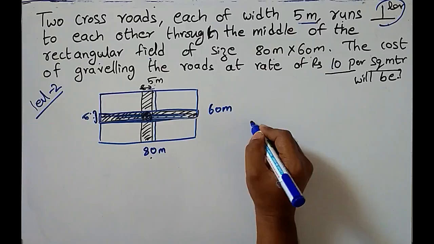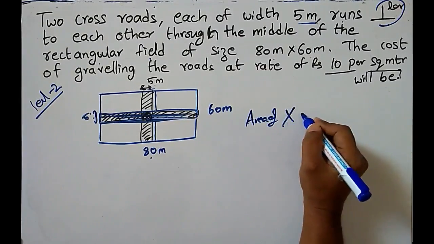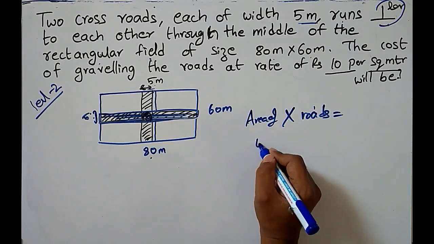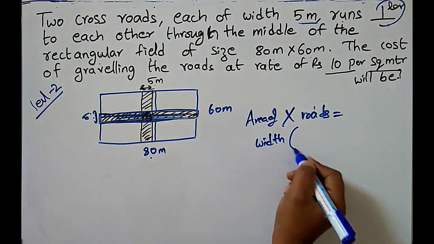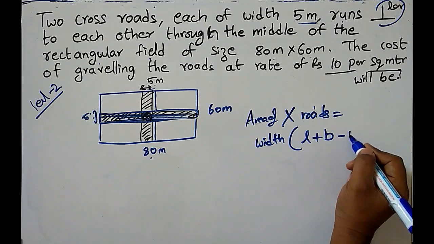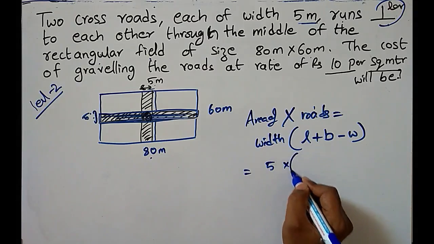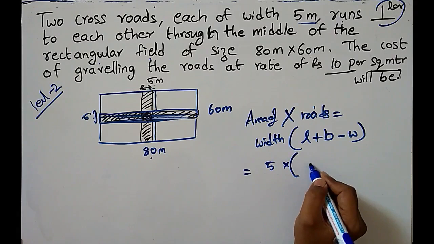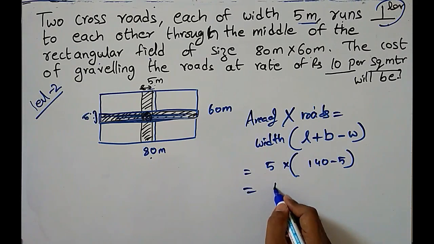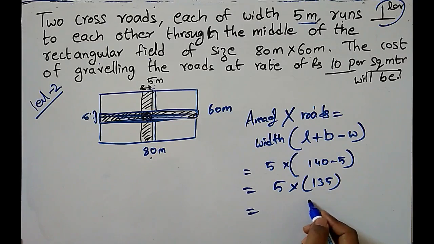This formula is given by the area of crossroads, which is the width of the crossroad into length plus breadth minus width, that is 5 into length 80 plus 60, which is 140, minus 5, into 135,